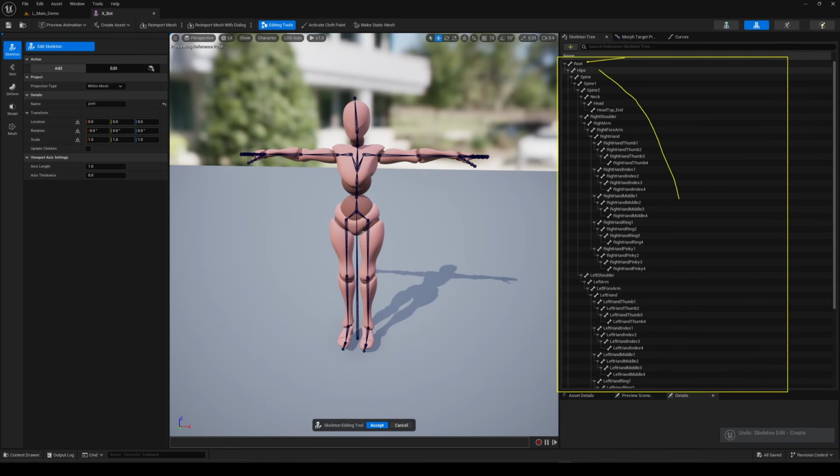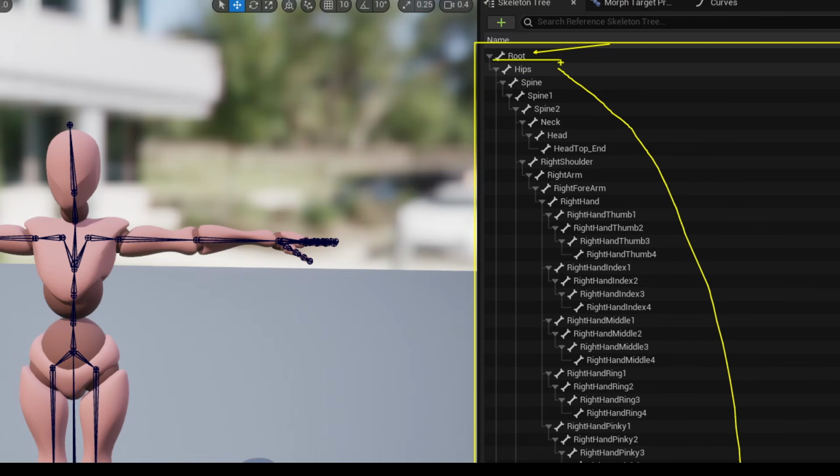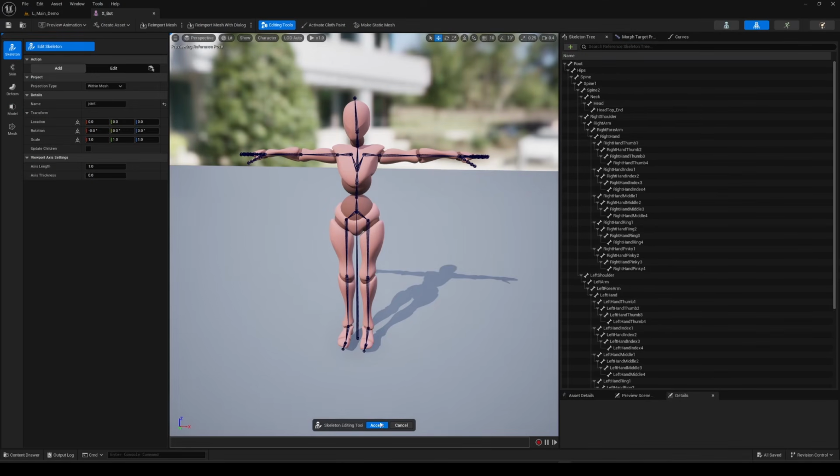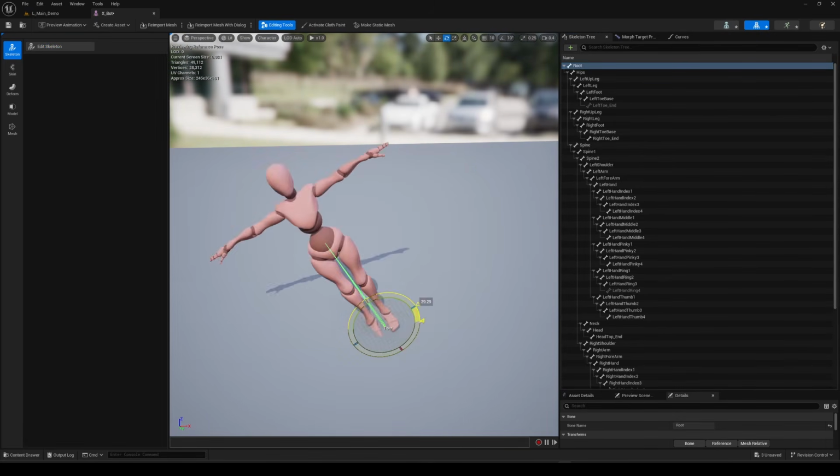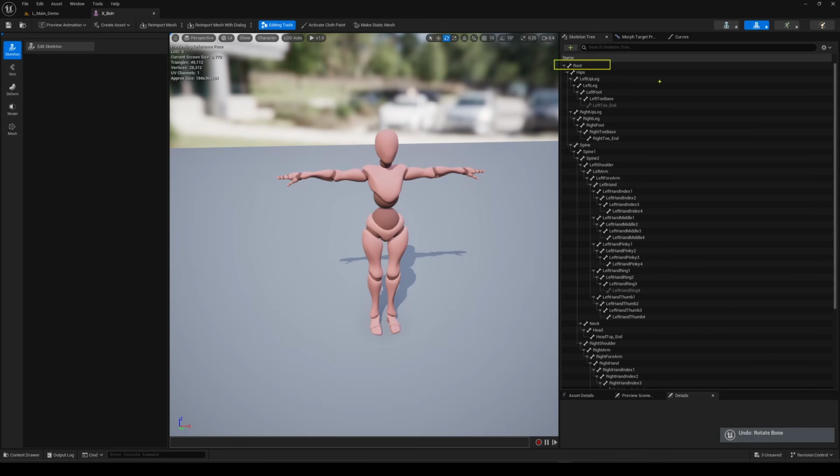And just like that, in a few seconds, you've properly added a root bone. Pretty awesome, right? No need to export and re-import. This is a simple but very powerful feature that the Skeletal Mesh Editor brings to Unreal, something we've never really seen before in a game engine. So what's the benefit of doing all this? Well, there are several advantages.